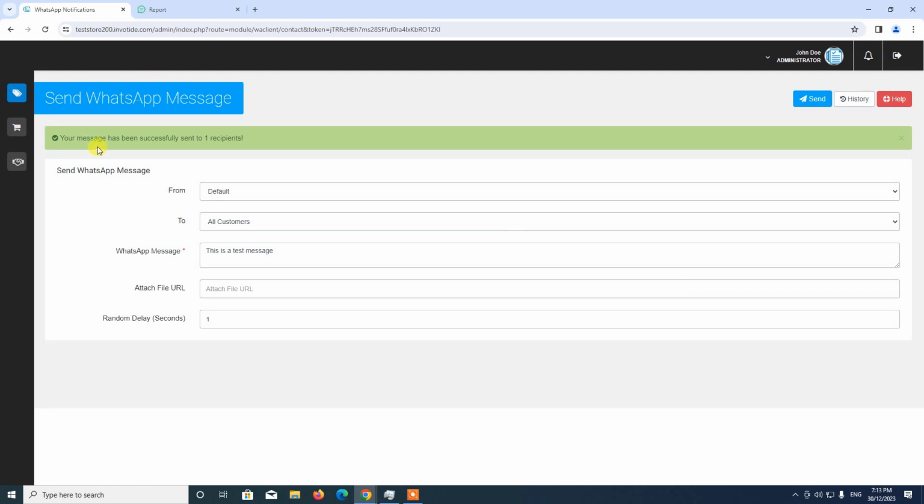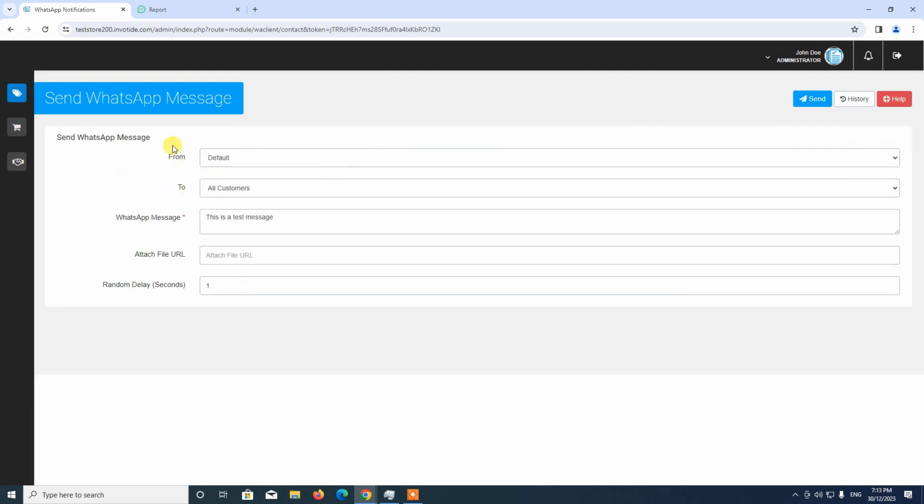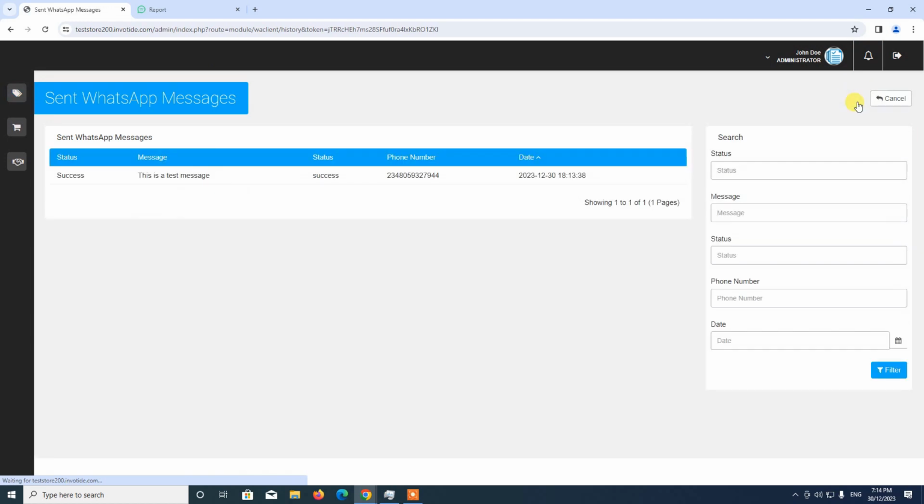All right, so you can see that the WhatsApp message was sent to the customer. So for us to be able to track the messages that we have sent, we can go ahead and select the history button here. So let's go ahead and select it. All right, so you can see that the history